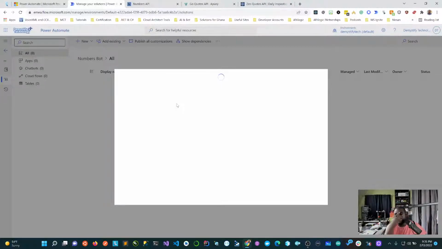So the concept of triggers and actions. In our case, the trigger is what is going to kick off this flow. In our case, it's going to be a scheduled trigger, which means this trigger is going to run every 2 minutes from when we create the flow.